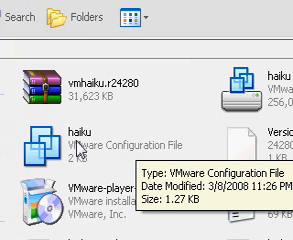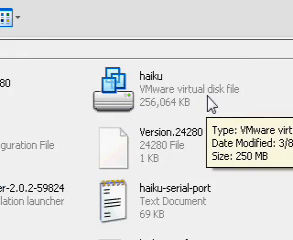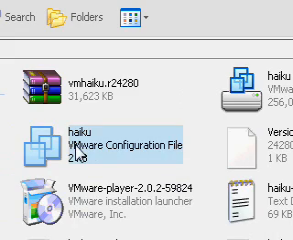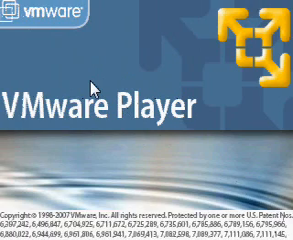You want to double click on the Haiku configuration file. When you double click on this configuration file, VMware Player may ask you where the location of the virtual disk file is. You will just locate this file. It should be in the same folder, and click OK. Upon clicking OK, VMware Player should start up, as you can see on my screen, and it'll begin to